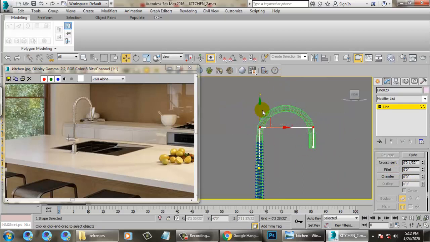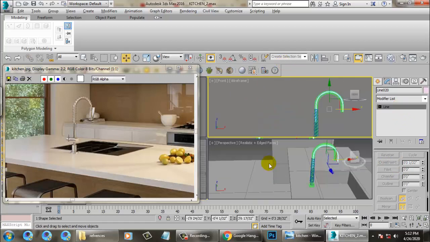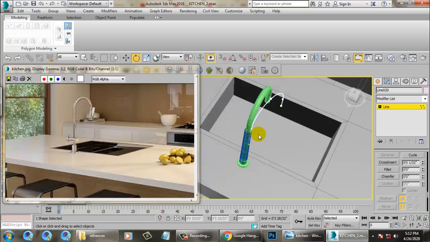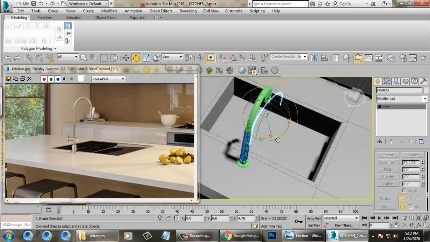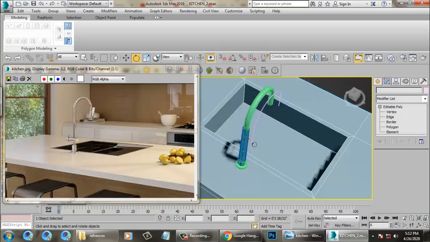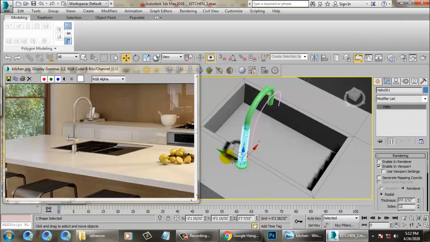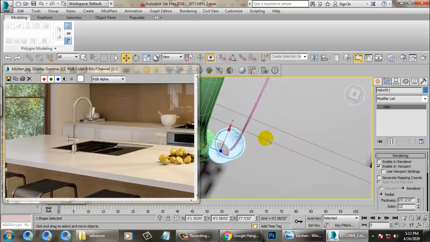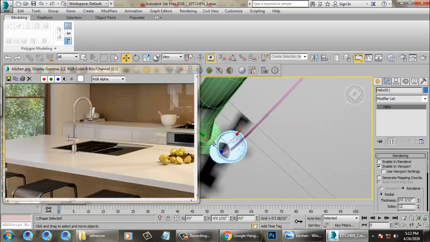I can push this up till here, and I can use a fillet over here, which is better. I'll come out of it. Select this, push this out, drag it over here,